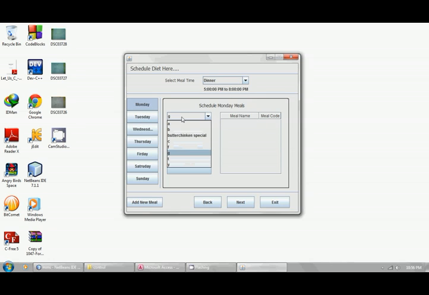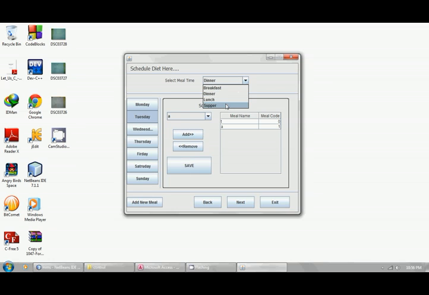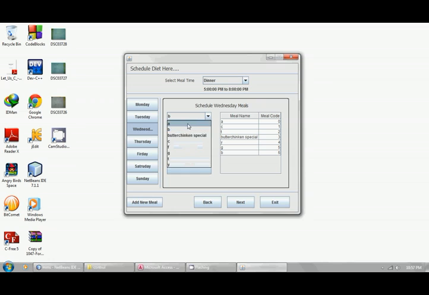Then if we want to schedule Tuesday breakfast, the same way. If we want dinner, Monday dinner, butter chicken, tea, and on Tuesday, A. By this we have scheduled all the meals, and we also scheduled Wednesday dinner.